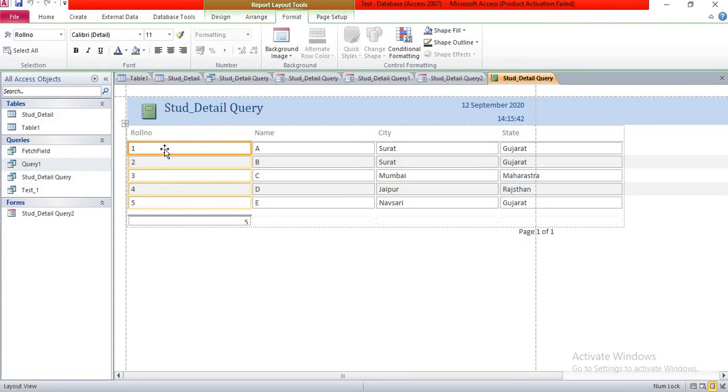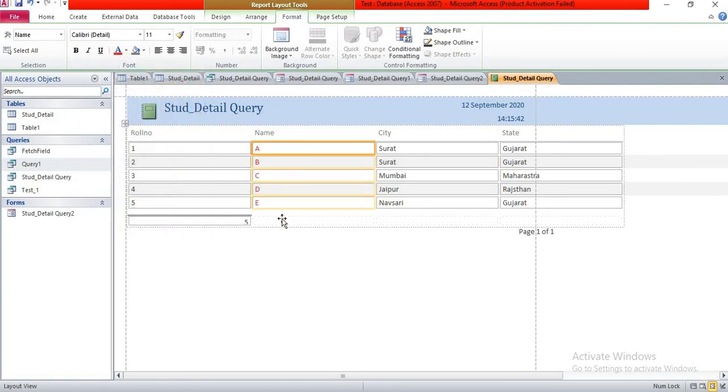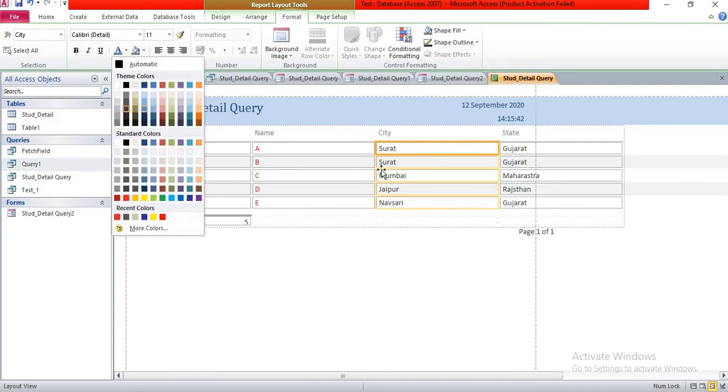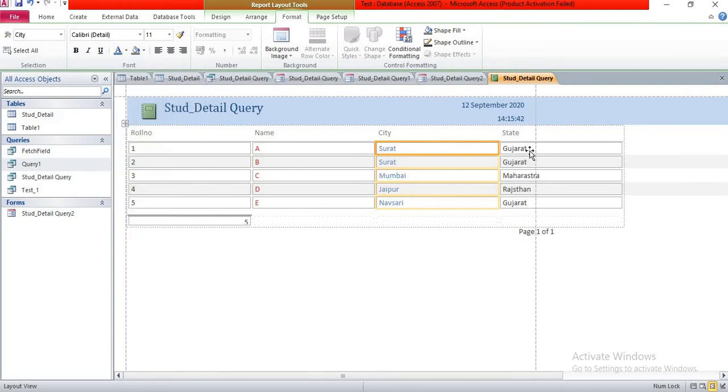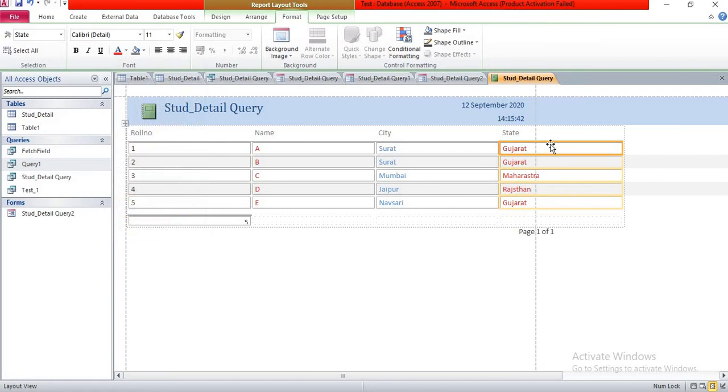Suppose I want to change the color of name, you can change here. So you can see the color of name is changed. Suppose the city color may be changed to blue. So city color is blue and state color also red. So you can see the color changed. You can change the background image by clicking on background image.